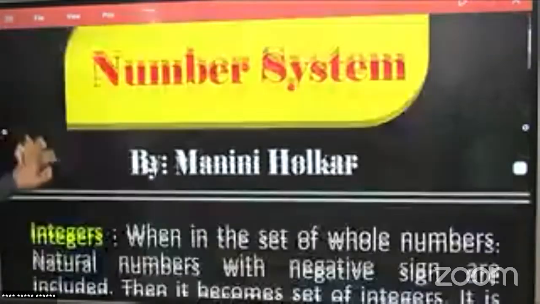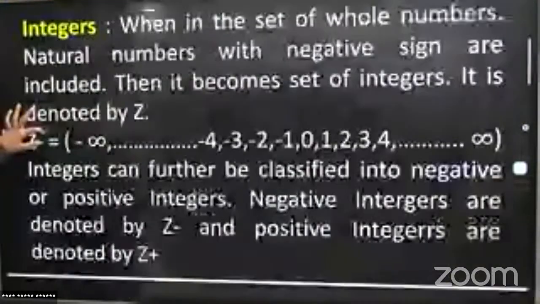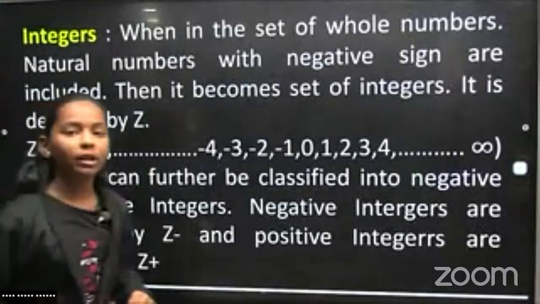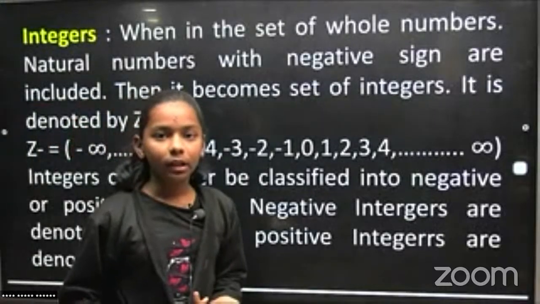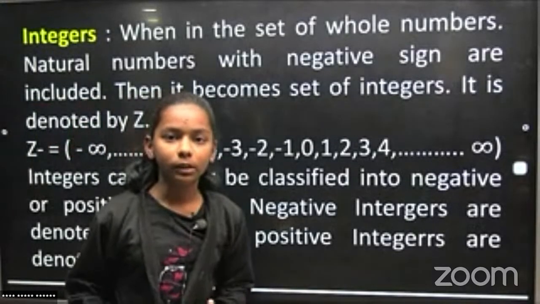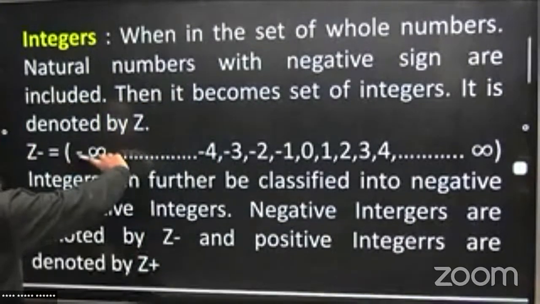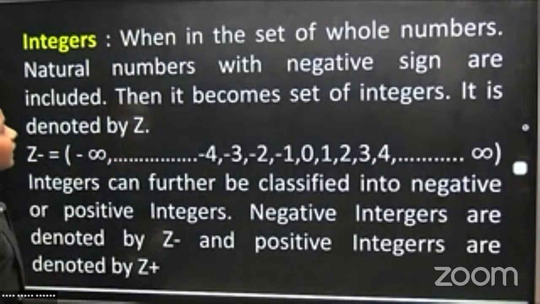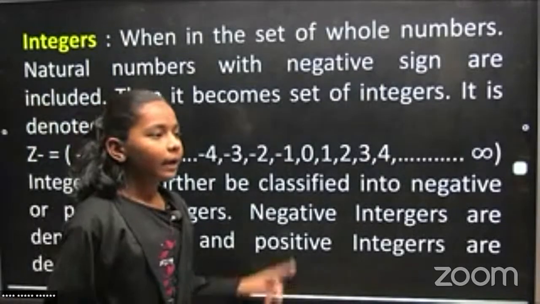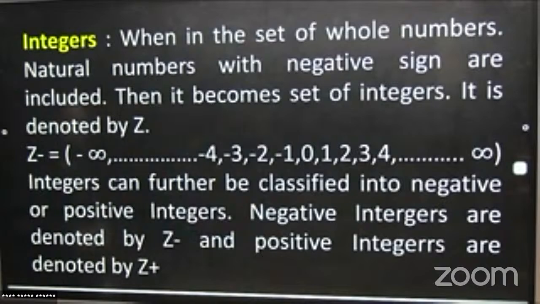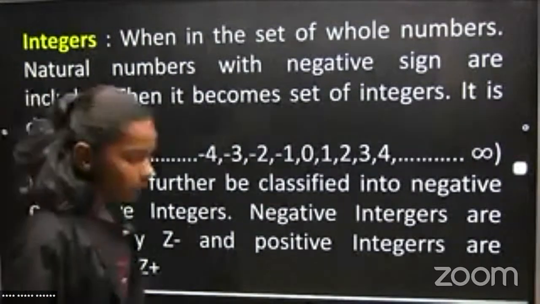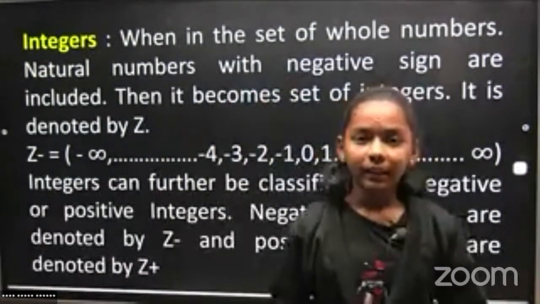Number system. Yesterday we have learned prime numbers, even numbers, odd numbers, co-prime numbers. So we will continue it next. First, integer. Write down this first. Write down this in your copies, students. सभी ने लिख लेना है प्लीज।